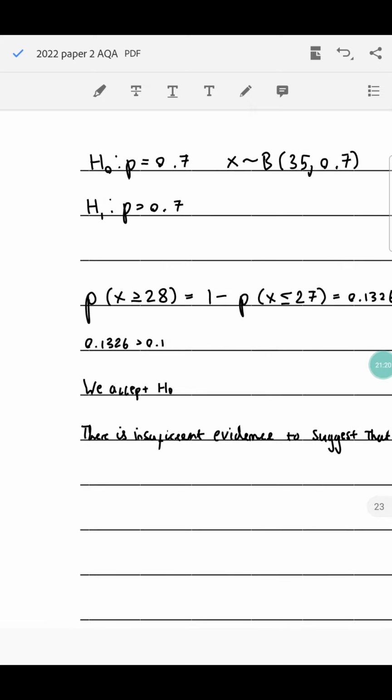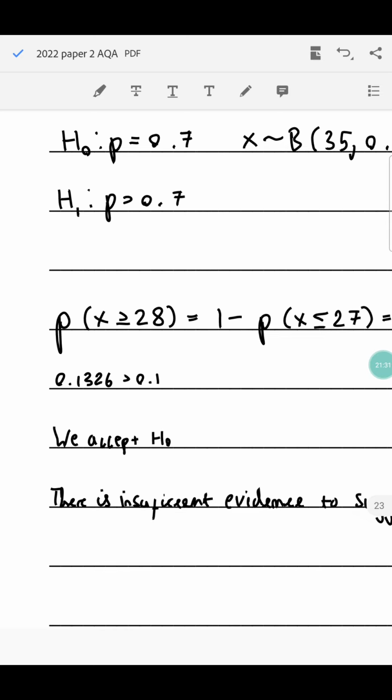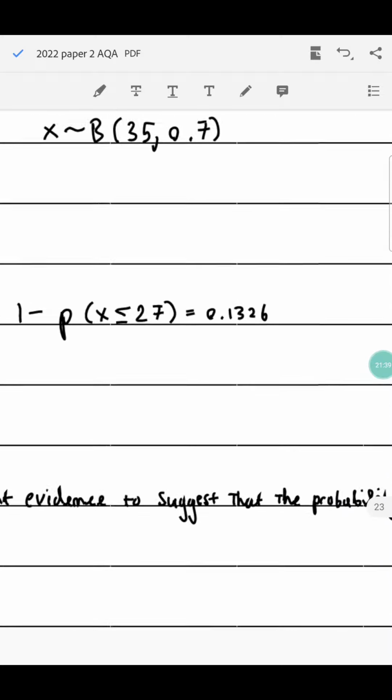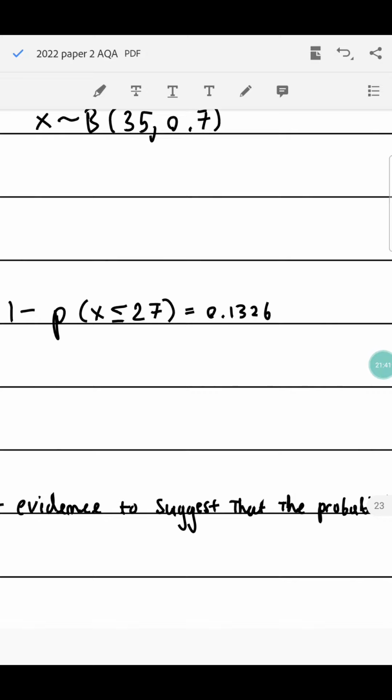So the probability of X is greater than or equal to 28 is the same as 1 minus the probability of X is less than or equal to 27. We know that these two should match the inequalities, the greater than and the greater than or equal to. If it's less than, it will be less than or equal to. Now if we put this into our CD calculator and we take away 1 from it, we get